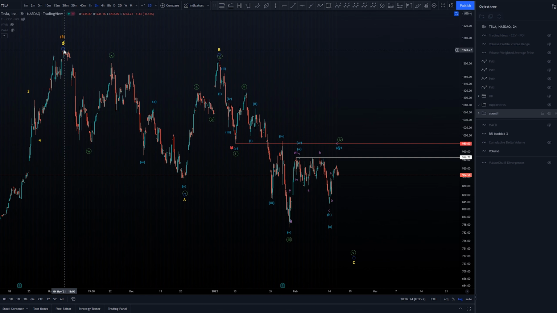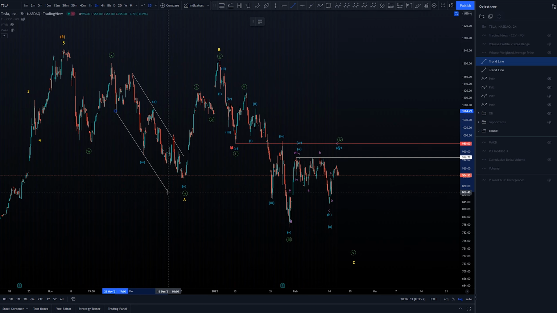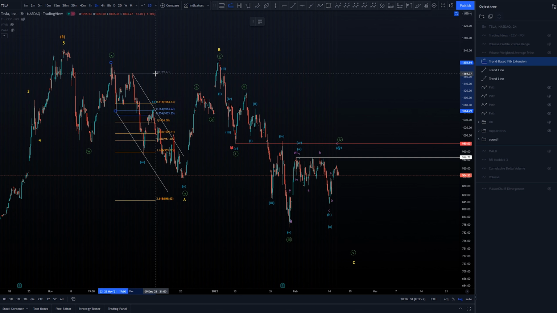So obviously this is the all-time high for Tesla around 1240, and then what I see is ABC, ABC, ABC, and well, actually WXY. So I couldn't fit a nice looking diagonal here. As you see, it's really crooked, and it doesn't follow the diagonal rules. So this is what